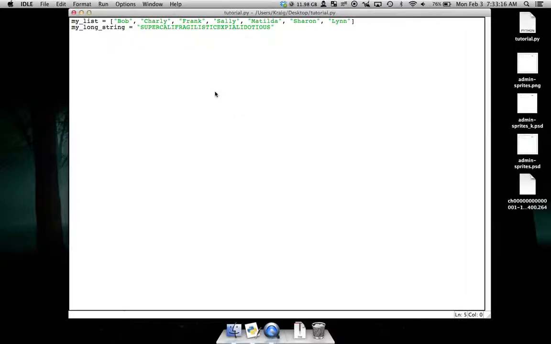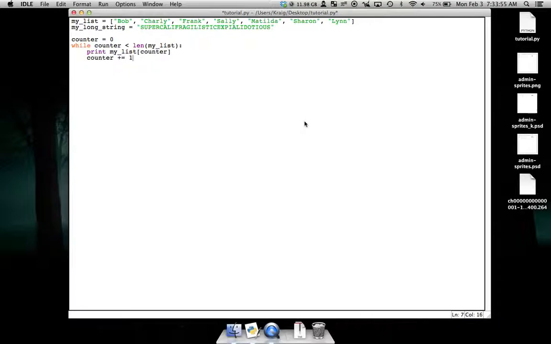So let's look at while loops first. I want to loop through each item in this. Let's try the list first and print it out to the screen with a while loop. So I'm going to need to have a counter. I'm going to give myself a counter, and I'm going to set it to 0. And then I'm going to say while counter is less than the length of my list, print my list sub counter, and then I'm going to increment